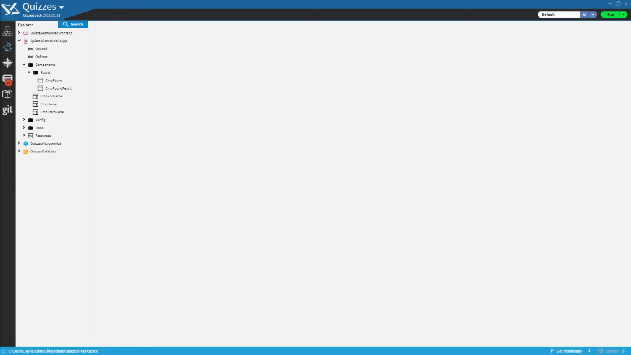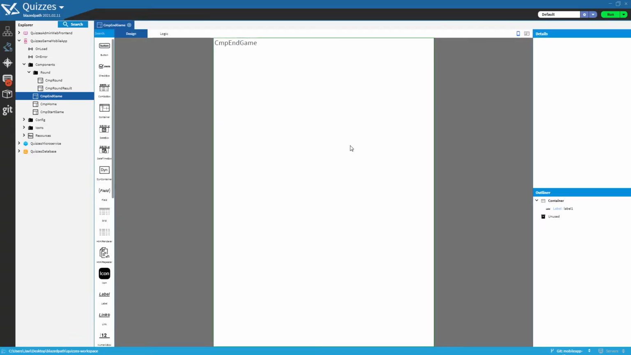Now to wrap the mobile application, we will make the CmpEnd component that will handle the game over screen with the achieved score and an encouraging text that will change according to the score obtained, and also with the play again button. As usual, we start by deleting the label we created for the starting tests, and we add the